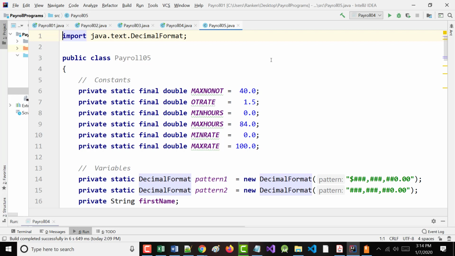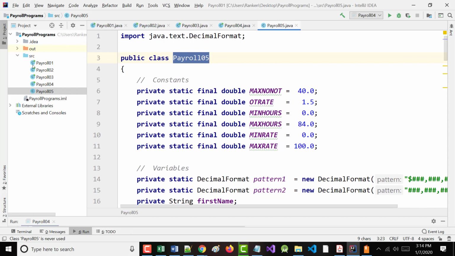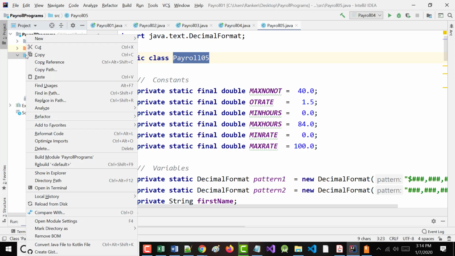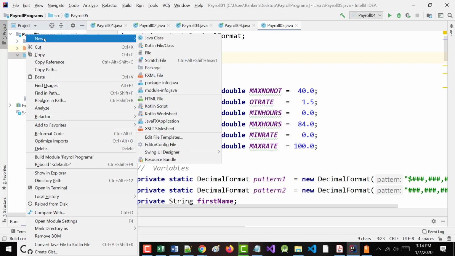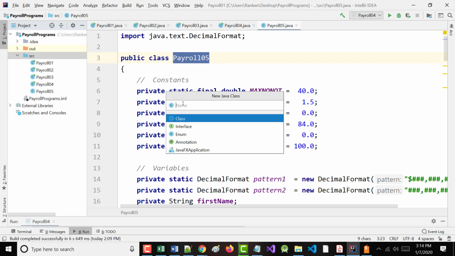Do it the same way we've done it. Typically the way I do this, and it's not that you have to, since the class is called Payroll05, I'm going to call my class that I'm about to make Payroll05 Driver, because it's going to drive the program, because that's what main is. So I'm going to right mouse click on my source folder, choose new, choose Java class. You've seen this several times. And I'm going to type in